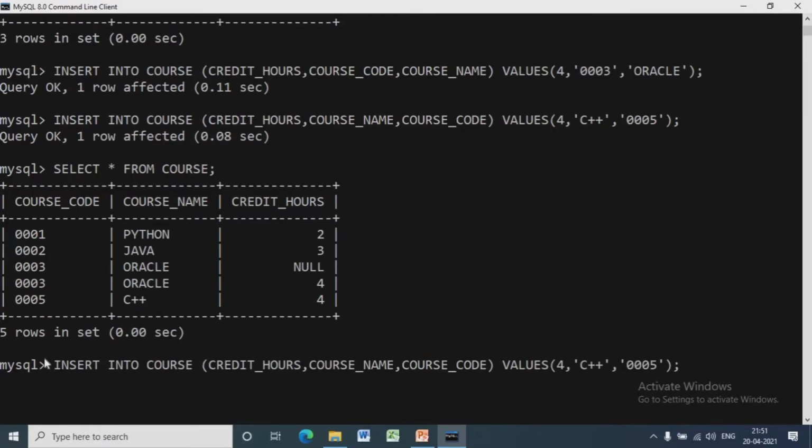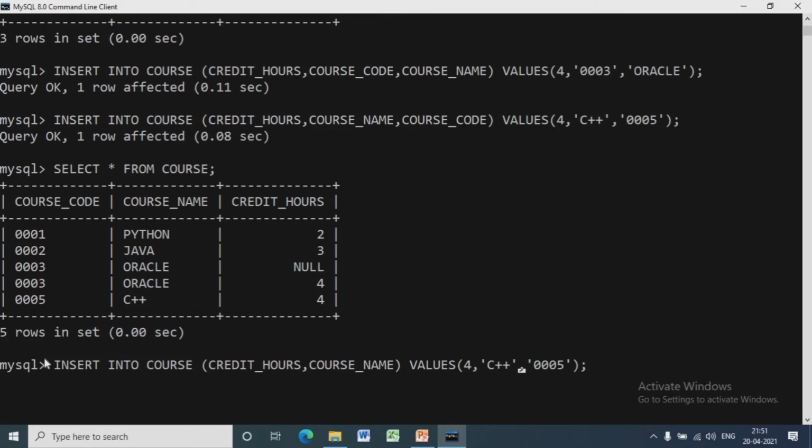Now we'll see practically how null values are inserted into a table. In the first insert query, we will delete the course code. We will have only credit hours and course name. In course code, it will store a null value.